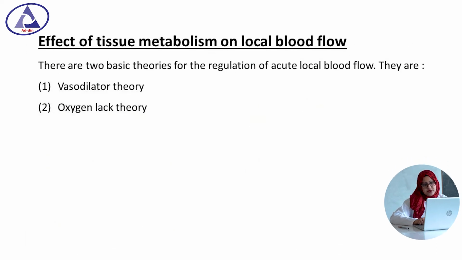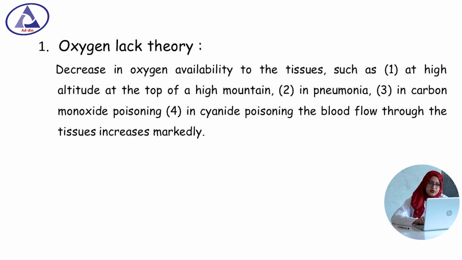Effect of tissue metabolism on the local blood flow. There are two basic theories for the regulation of acute blood flow. One is the vasodilator theory. The other one is the oxygen lack theory. Let's have a look at the oxygen lack theory. It says that